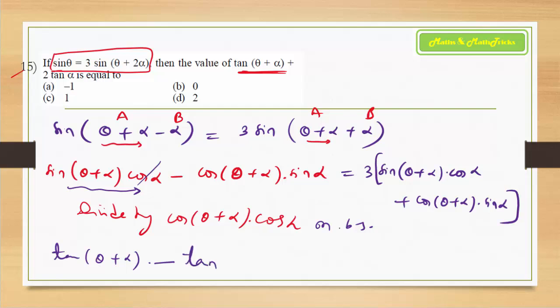So this is becoming tan alpha. Right side 3 times. When you perform the division for the bracket terms, cos alpha cancels, so you have tan of theta plus alpha, and the second term cos theta plus alpha gets cancelled, you have tan alpha. Oh, well done. So then we have got through the answers. The answer should be 0.